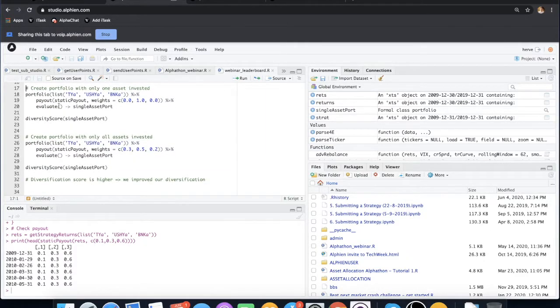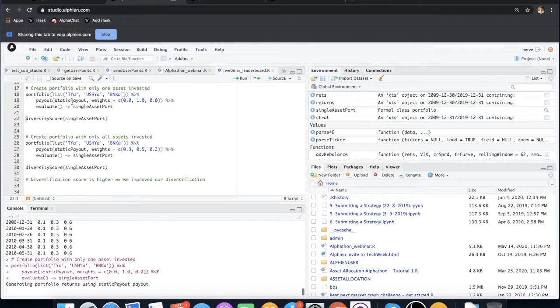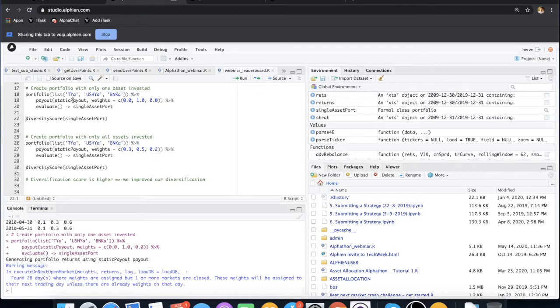And now we can go as usual and create our portfolio with this static payout. Run that. As you see here, I am assigning 0 weight to the first building block, all the weight to the second building block, and 0 weight to the third building block. I can run now. This is what we do behind the scenes, how we compute the diversification score.